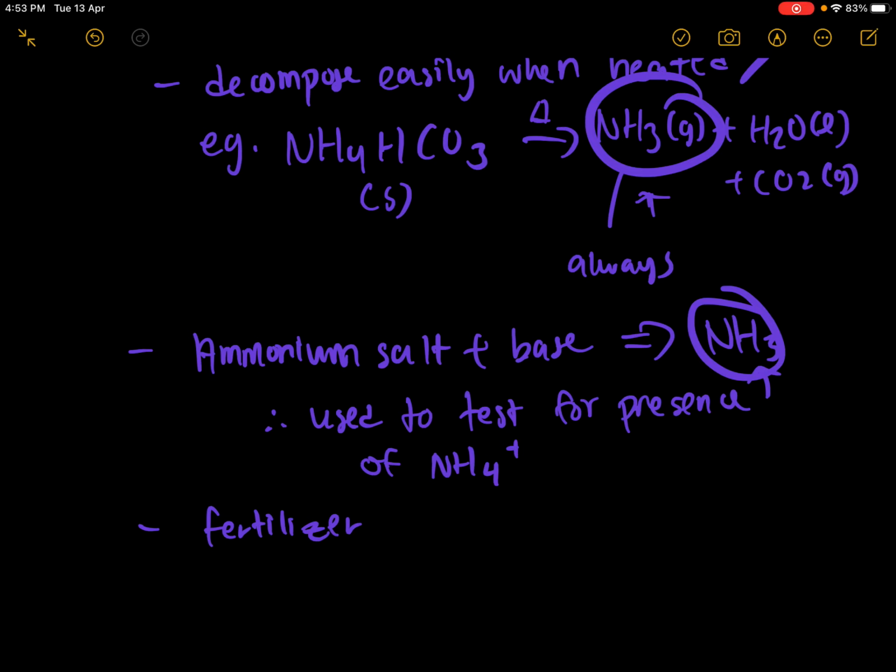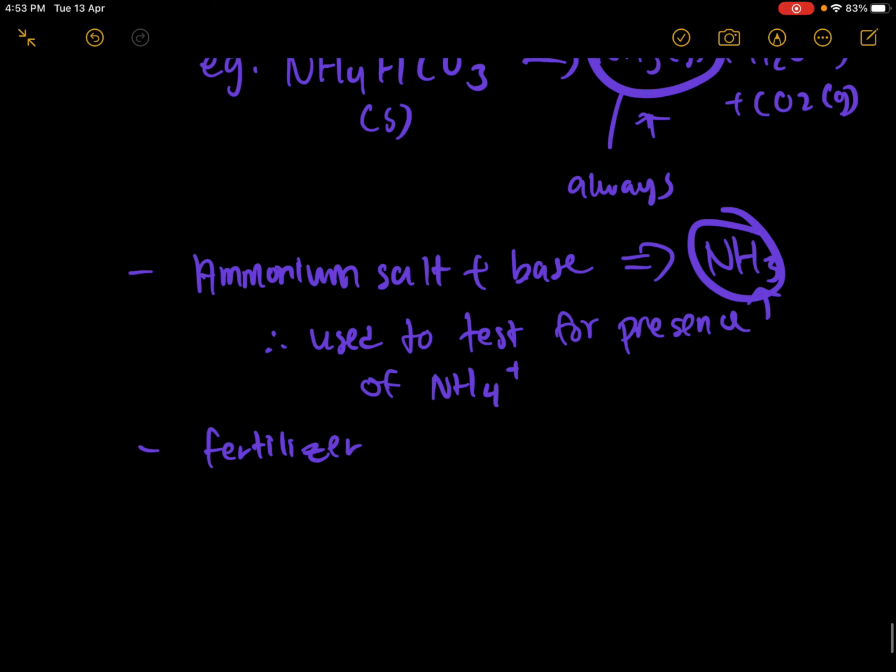If you get a brown ring, that means it's definitely nitrogen, so it's definitely an ammonium salt. So that's how you test the presence of ammonium salt. I forgot if it's actually the brown ring, but it's something similar to that. And of course,